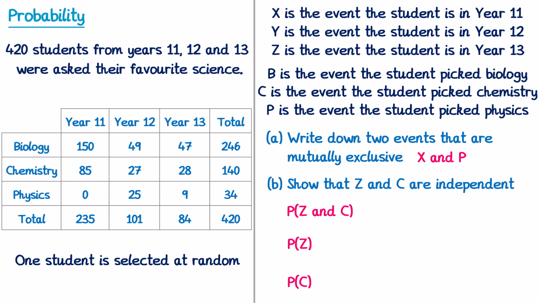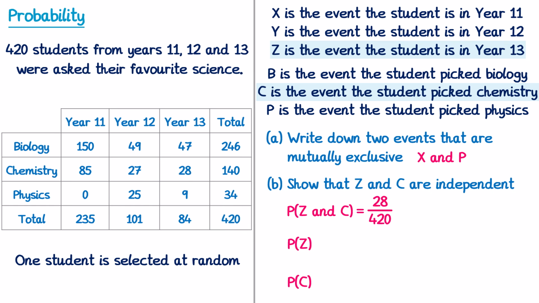Event Z is the event the student was in year 13, and event C is the event that they picked chemistry. So let's have a look at the table for the event Z and C, so where both events happen at the same time, which is the students that are in year 13 who also picked chemistry, which is these 28 students here. Since there are 420 students altogether, the probability that we selected one of those must be 28 out of